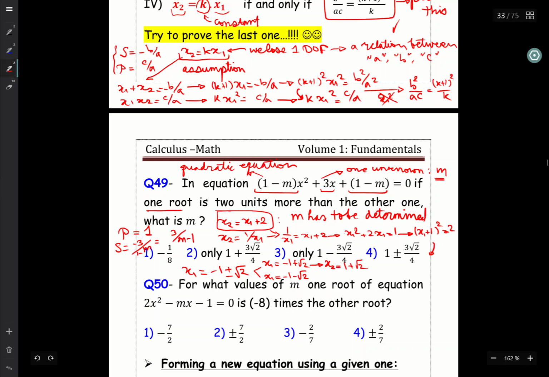Plus 2. And the product is 1. If x1 is minus 1 minus square root of 2, then x2 becomes 1 minus square root of 2, right? Because you add 2 units. But then